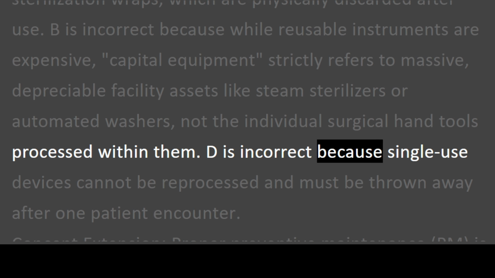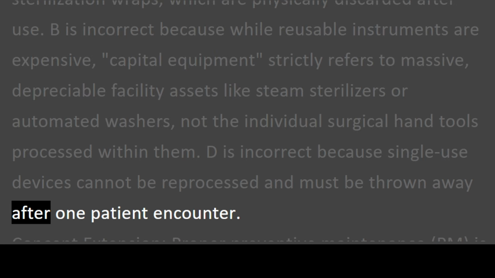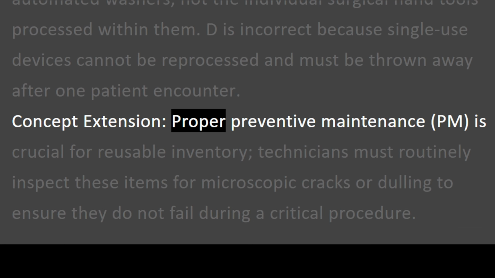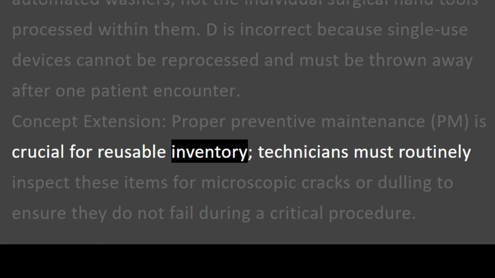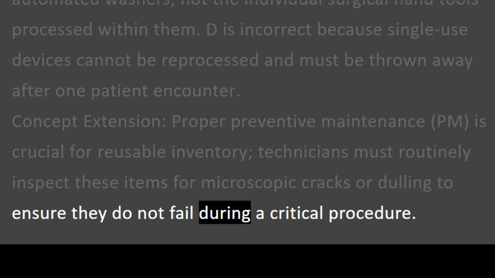D is incorrect because single-use devices cannot be reprocessed and must be thrown away after one patient encounter. Concept extension. Proper preventive maintenance, PM, is crucial for reusable inventory. Technicians must routinely inspect these items for microscopic cracks or dulling to ensure they do not fail during a critical